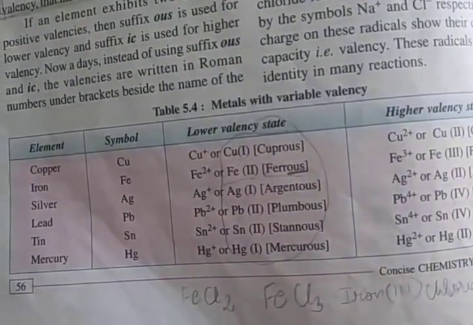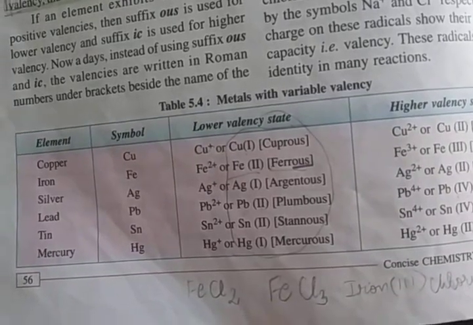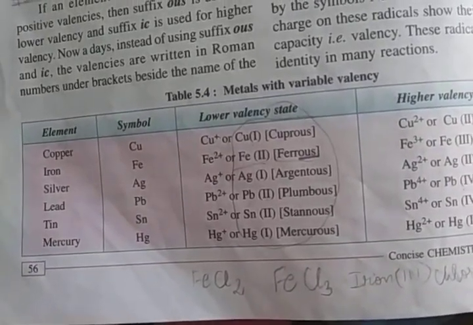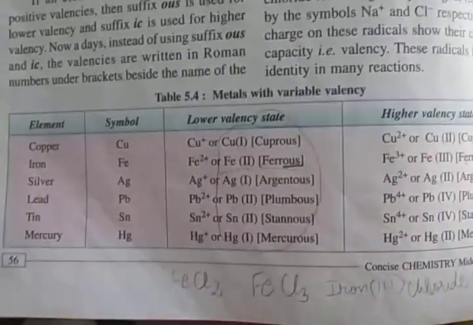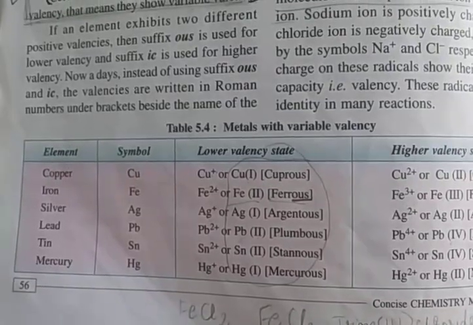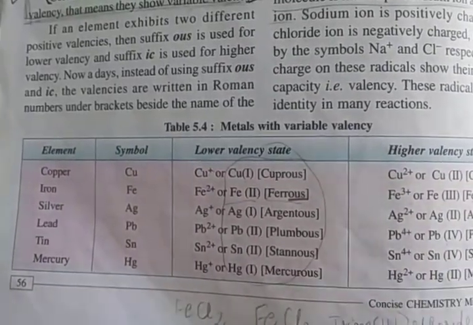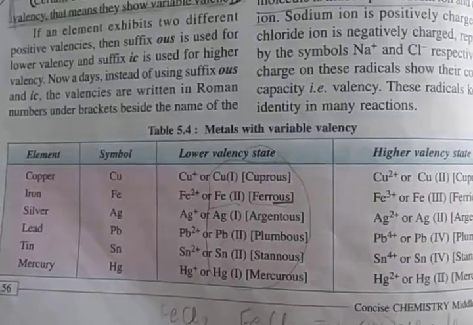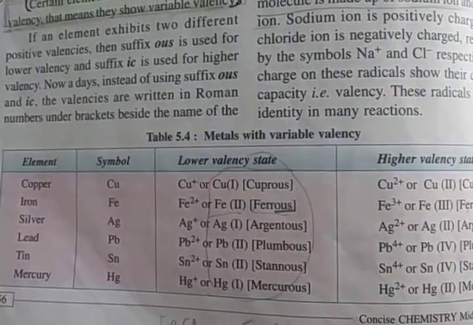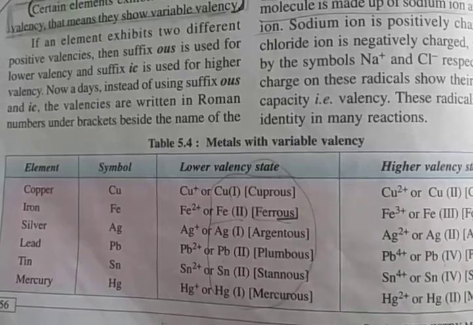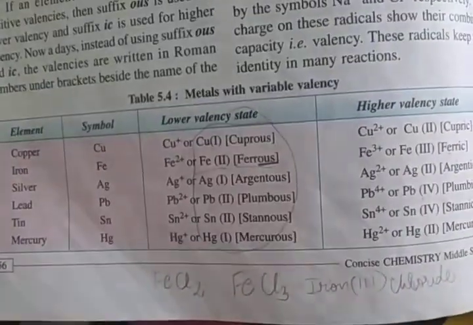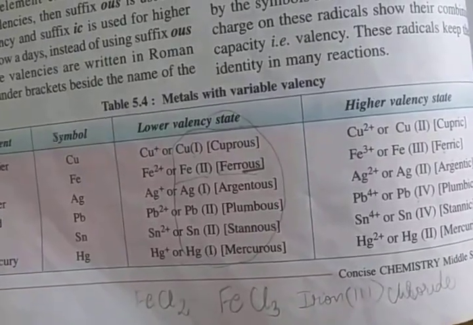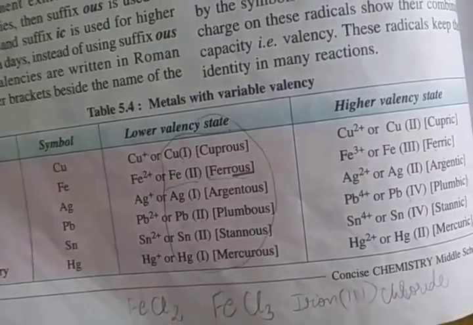And there is a relationship between valency and the periodic table also. Okay, so all the elements with valency 1 will all fall in one group. Elements with valency 2 will fall in one group. 3 will fall in one group, 4 in one, 5 in one, 6 in one, 7 in one, and all the noble gases, that is 0, will be in the last group in the periodic table. Okay, this is how the periodic table looks.